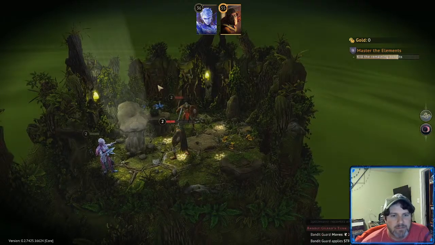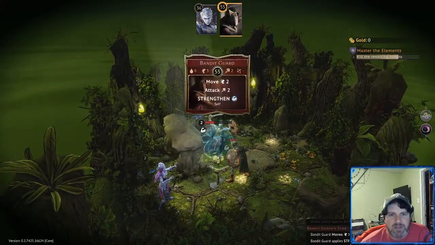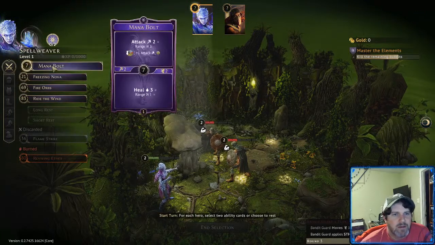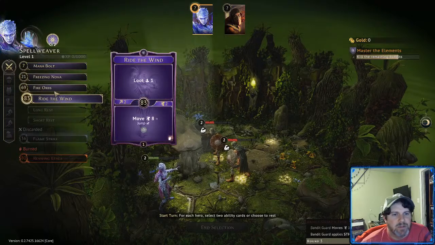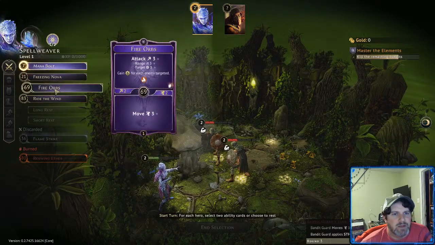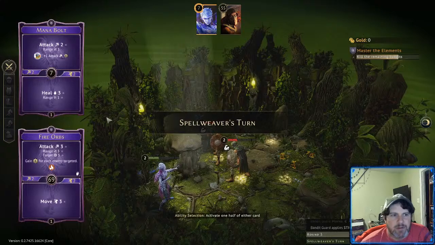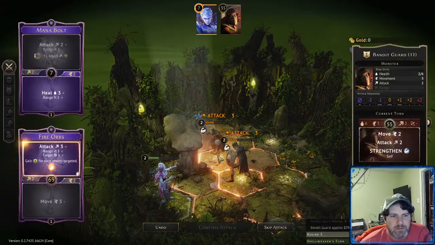Oh. Okay. Taunt, gain strength. Move 2, attack 2. Okay, they only have 2 movement. It's much less than I thought. Alright, anything... Target all adjacent enemies and immobilize. Ride the wind. Fire orbs. So yeah. Let's do Mana Bolt and Fire Orbs. Just make sure we go first. They're going at 55. So I am going to do...